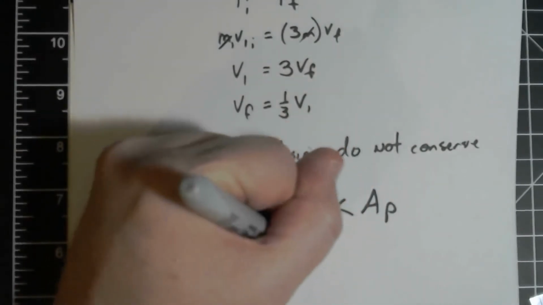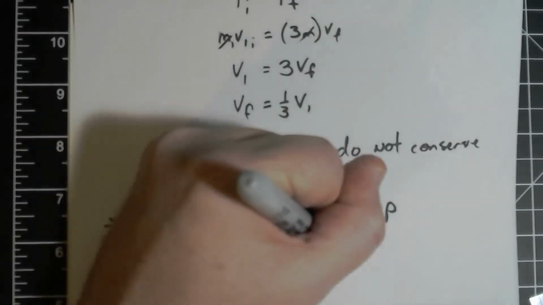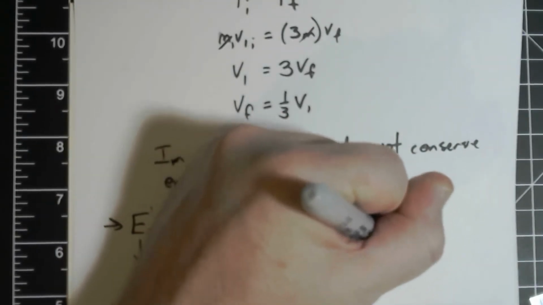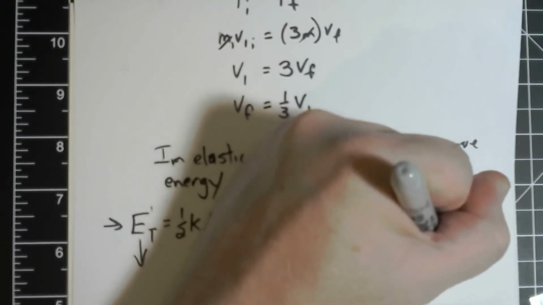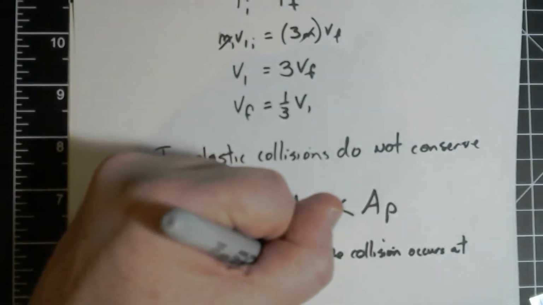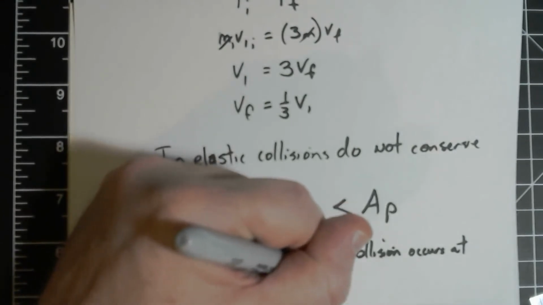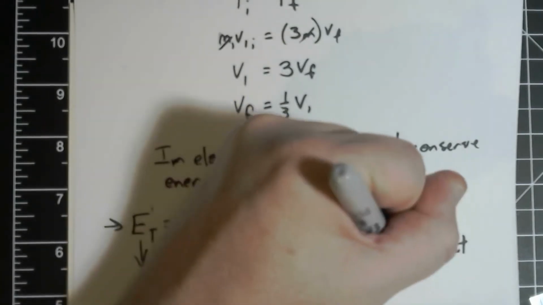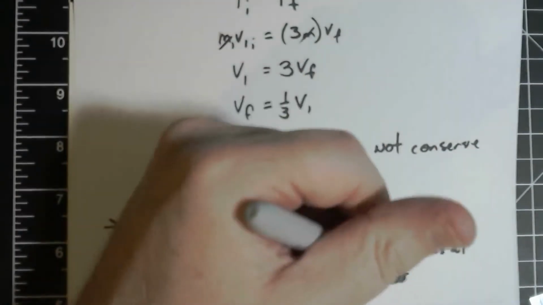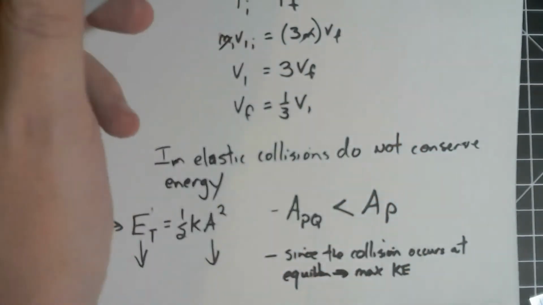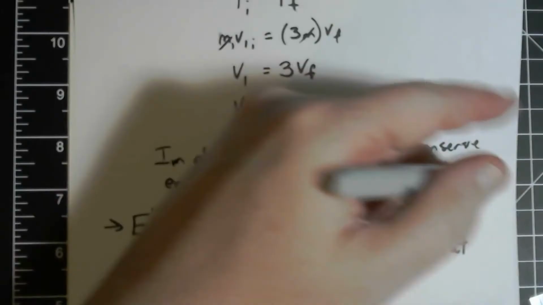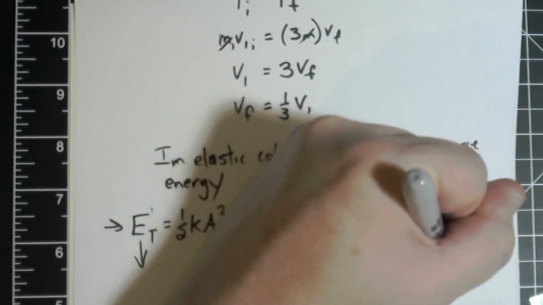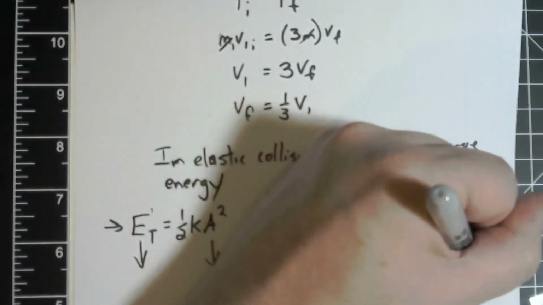Something else you want to mention here is that since the collision occurs at equilibrium, that's a point of maximum kinetic energy. And because we're going to take away from that maximum kinetic energy because it's an inelastic collision, what has to happen is the potential energy is going to be less